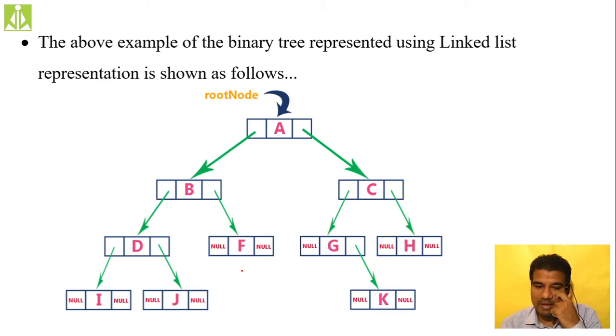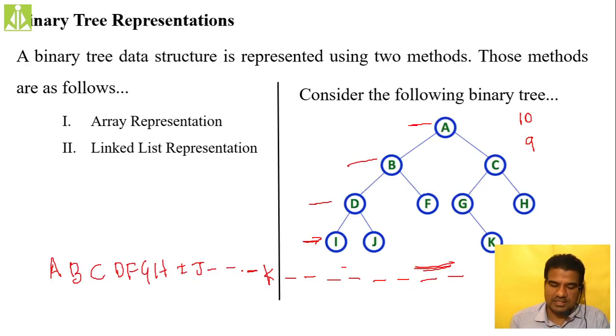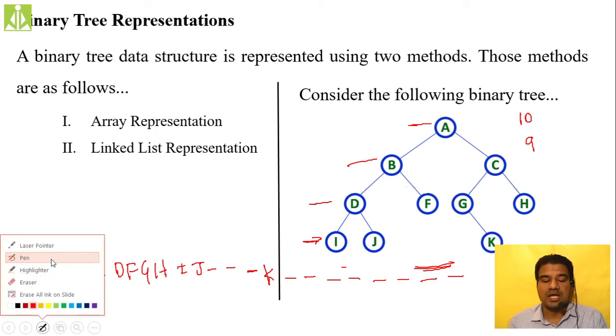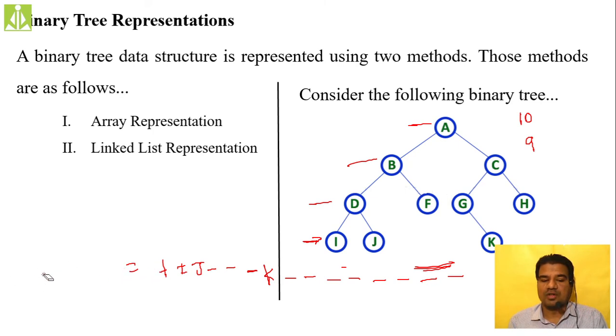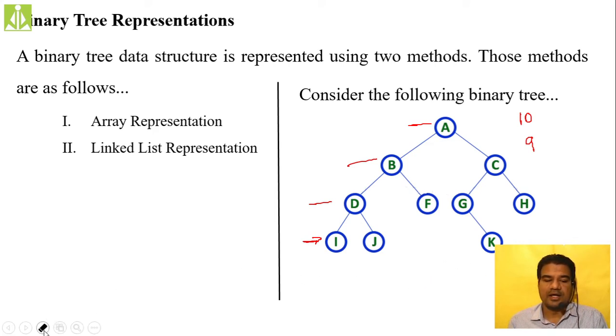Okay, so the example above, whatever we have over here, I have represented with the help of a doubly linked list, using linked list representation. I will remove all these things. So how can we represent it? First you take the root node of the tree, and you can represent that using a linked list. The middle part is going to have the data, the left side address is going to point to the left child, and the right side address is going to point to the right child.